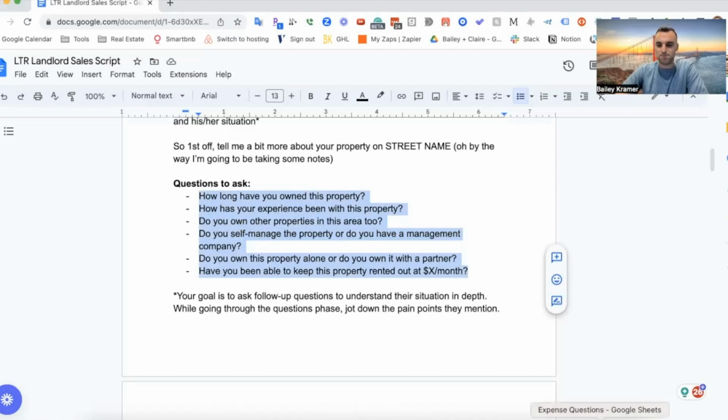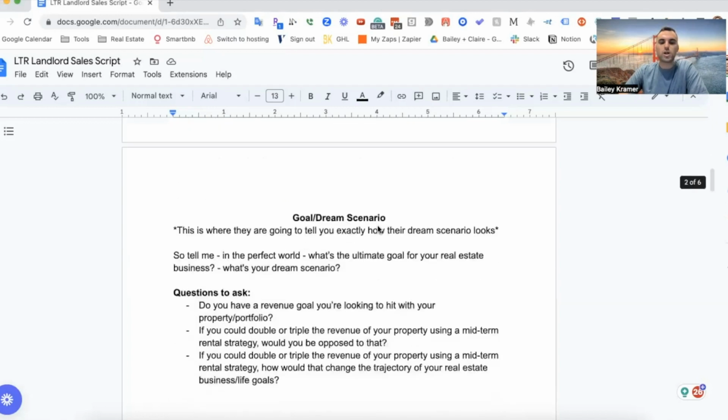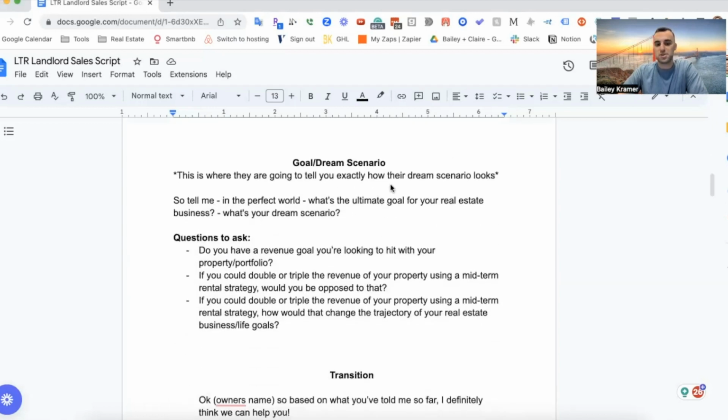So that's that piece. Next piece, once you gather information about them, you understand their situation in depth. What we're going to go to next is their goal and dream scenario. This is really where we're going to be seeing, okay, is short-term or midterm rental even the right strategy for them? Because it's not going to be a good fit for everybody, especially these long-term rental landlords where people have different risk tolerances. It might not be a good fit. So this is where we're going to kind of figure that out by asking them about their dream scenario and